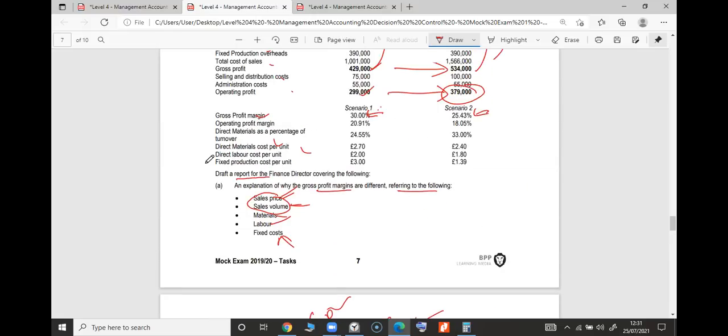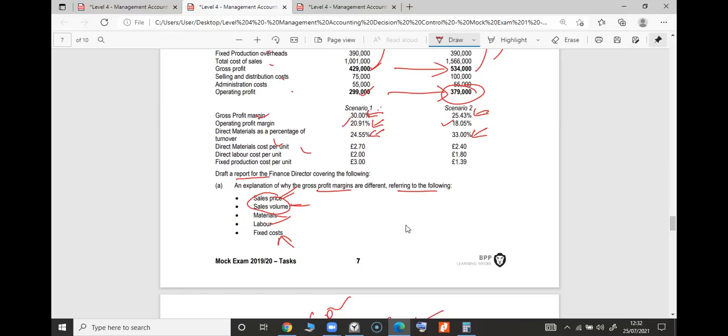One of you said that because of production volume, the cost could be less or more. Production cost is going to be lower, you will see. Let's see at a glance the other one. Operating margin 20% here and 18% there. So again, expenses are well controlled in scenario 1. And material cost as a percentage of turnover here is less because fewer items are needed. Here more items are needed. That's what one of you mentioned. You can bring it down here.